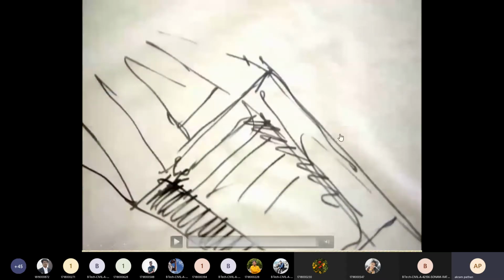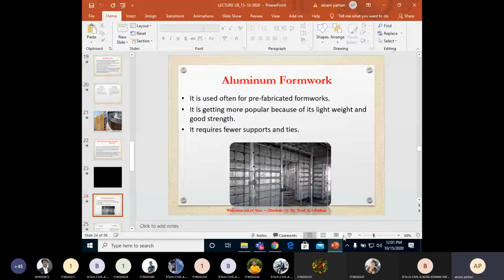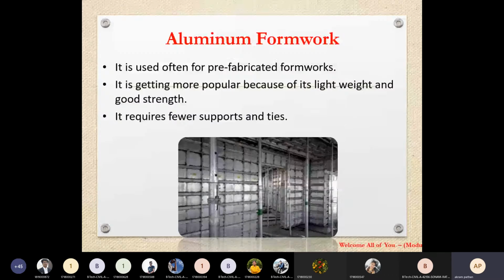So such kind of the modern formwork will be there. It is basically the company which manufactures the modern, you can say, hydraulic type of formwork, which does not need any type of machinery for lifting of the formwork itself. It is basically based upon the hydraulic formwork. So such kind of the modern formwork will be there in the market.